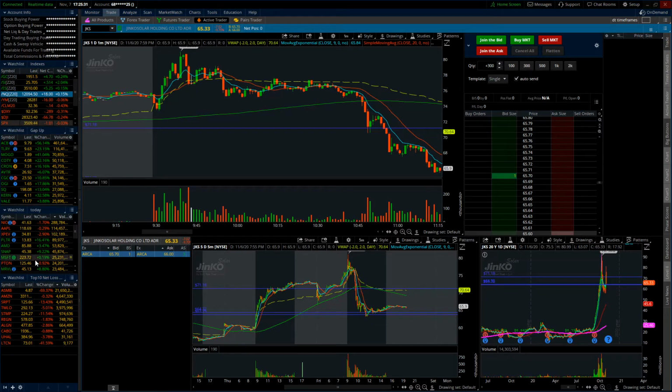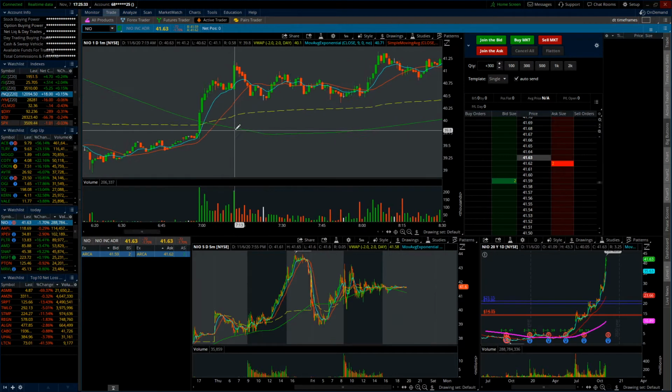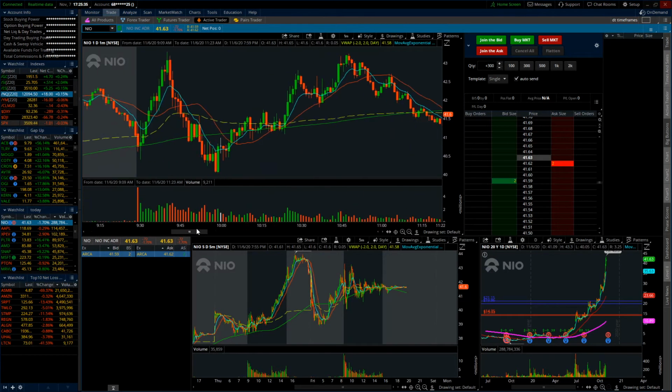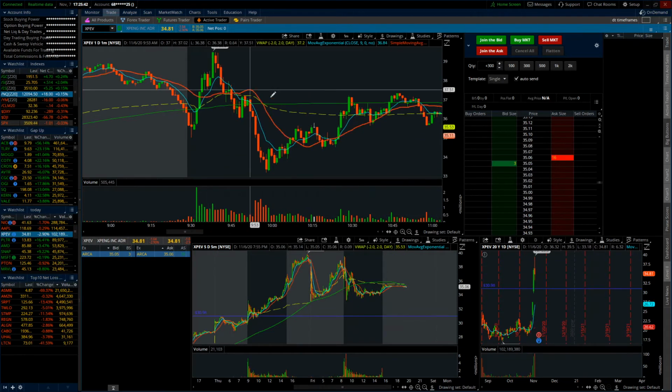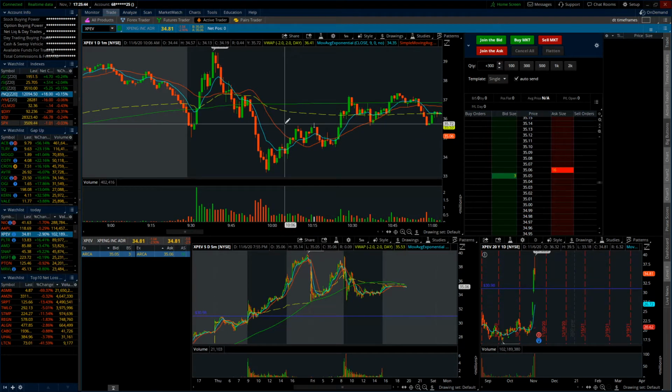This particular stock may not be a great example, but if we move to NIO, for example, this is maybe a better example, or maybe XPEV, 100 million shares of volume, right? These candles are moving around like crazy. They're fluctuating. They're going up and down. People are buying and selling like crazy. The stock is a tug of war, and you want to make sure that you're getting in and out at the best price. But the problem is that thinkorswim, even if you're on